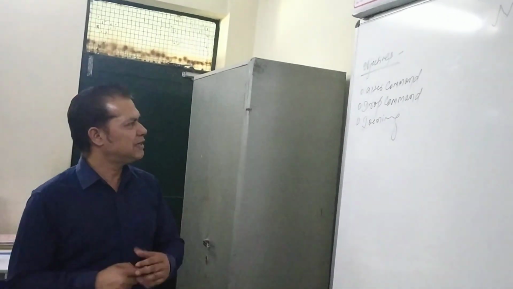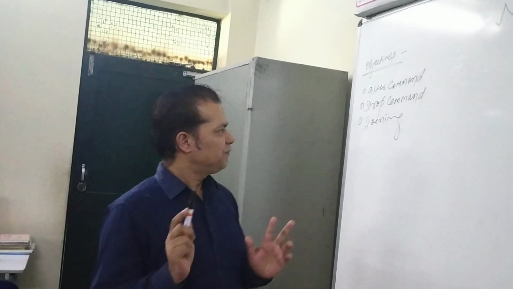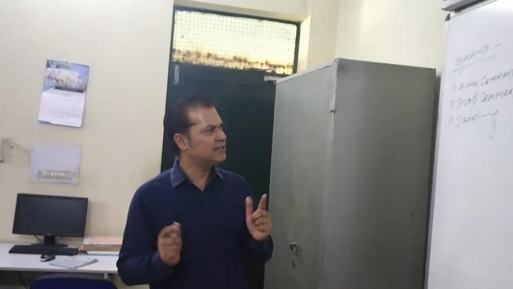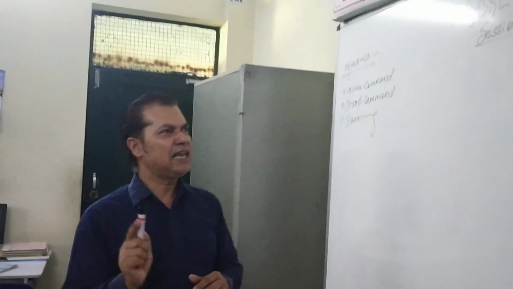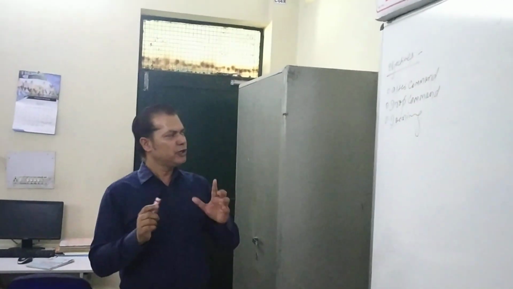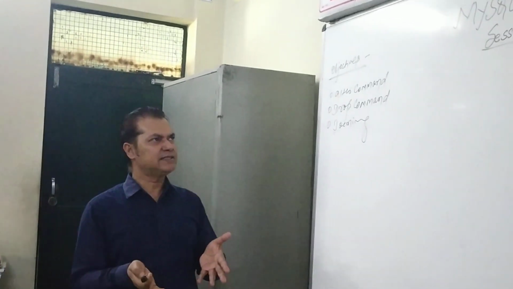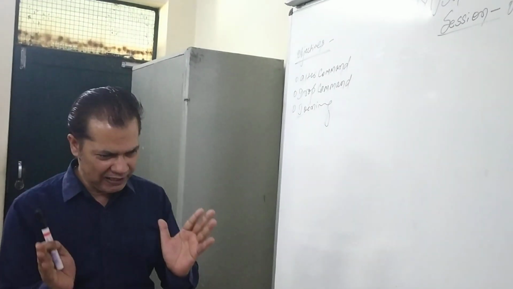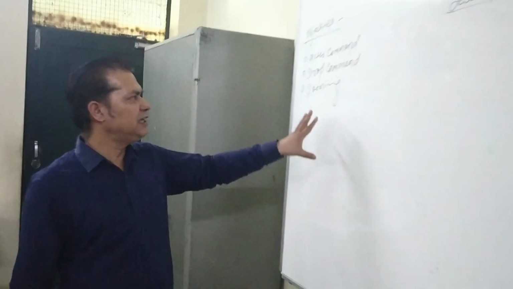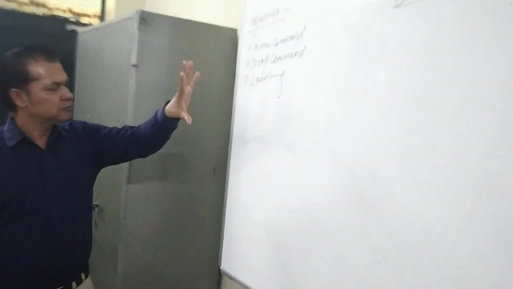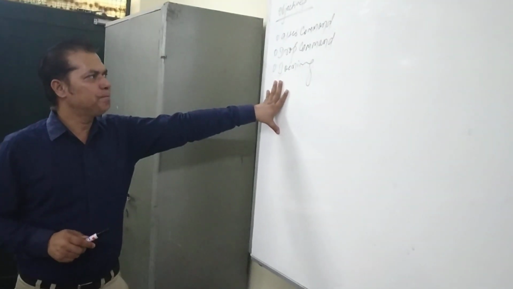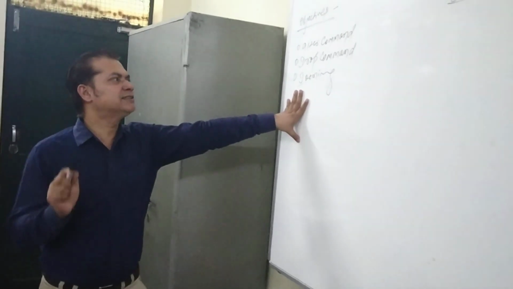Now for joining, there are some conditions which are supposed to be followed. First, the tables from where you want to take the data must have some common field. That common field must have the same data type and name. So if you have more than one table in the same database, and they are joined on the basis of a common field with the help of a foreign key, then only the joining statement will work. Questions may come in your examination from this chapter. Some SQL statements will be there which are based on joining, and you have to write the output of that.